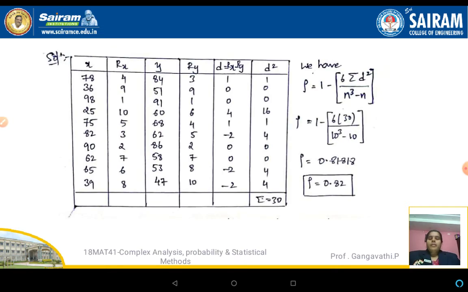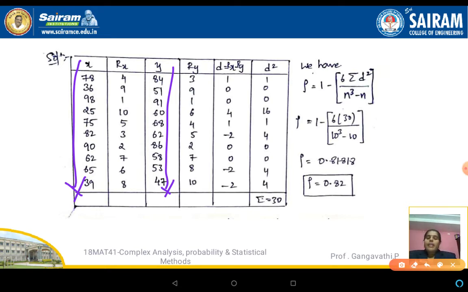So now let us construct a table which fulfills our requirement, rather than doing it like the previous problem. Let us consider the table which has all the given values of x and the ranks given by the marks obtained by the students in the subjects. The marks of the 10 students in the two subjects x and y have been recorded and entered here. Now we have to evaluate the ranks to be allotted to those 10 students. So 78. Let us look at that.